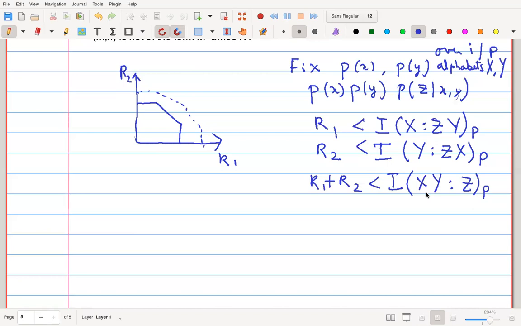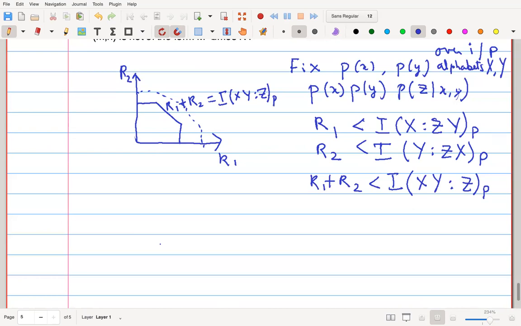So now it is like the point-to-point case where the input random variable is now XY, and the output random variable is Z, and they can achieve this rate under this underlying distribution on the input. So this line is basically R1 plus R2 equal to this. Even if they get together and do a joint encoding, it's clear that they cannot beat this.